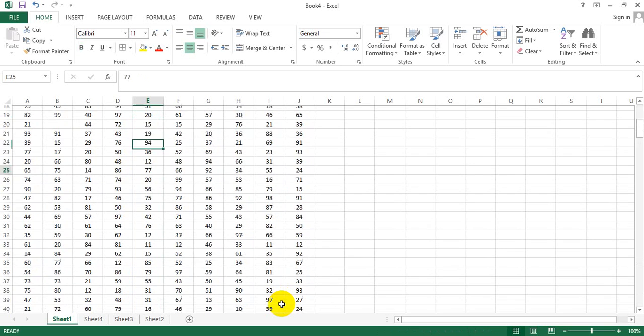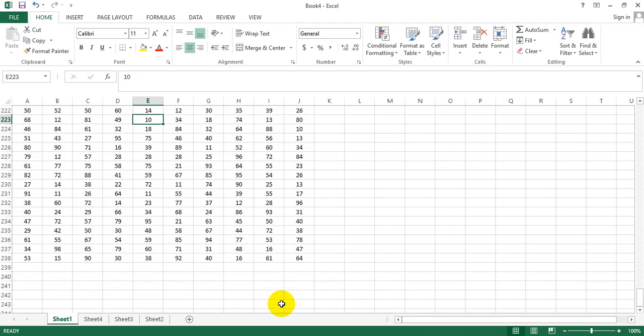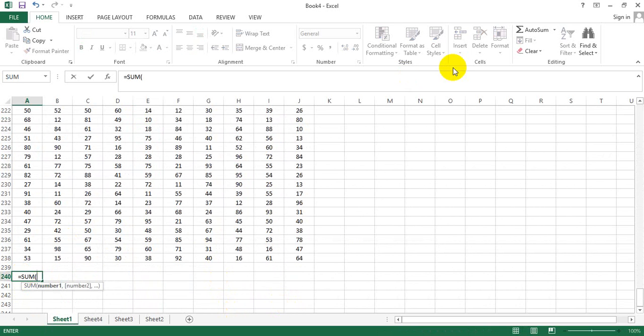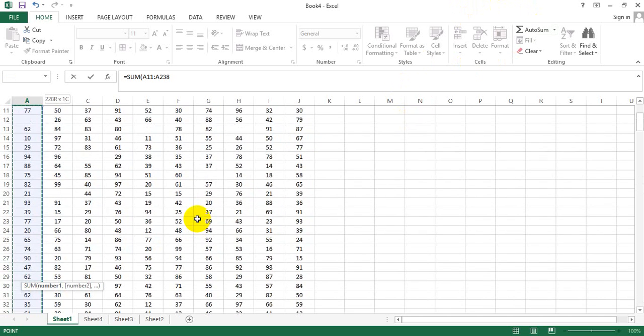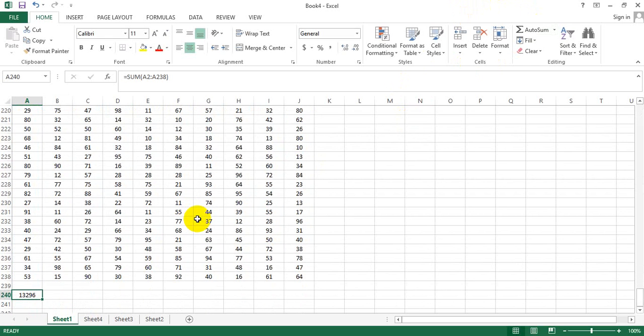Now suppose we wanted to calculate the sums of the values here, and at the same time we did not want to lose focus of what all figures were there at the top. So what we might do is go to